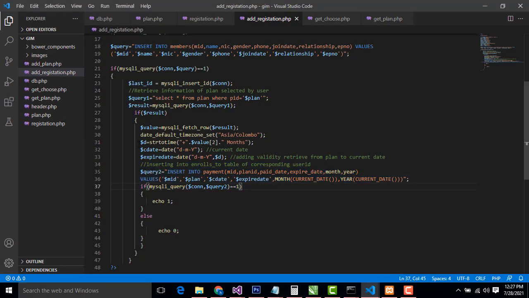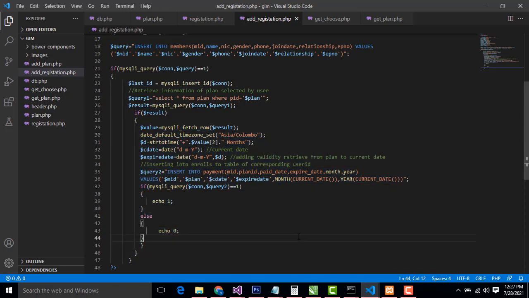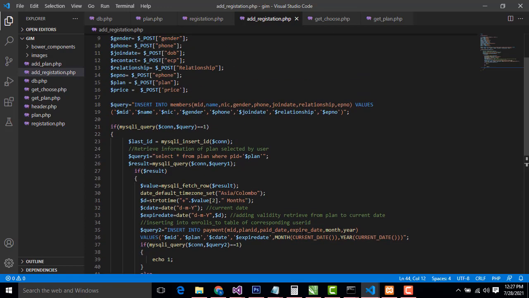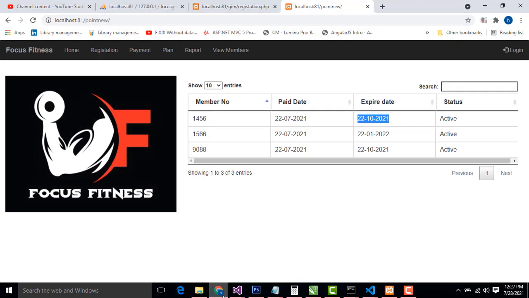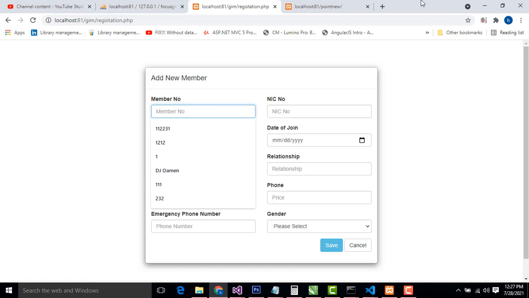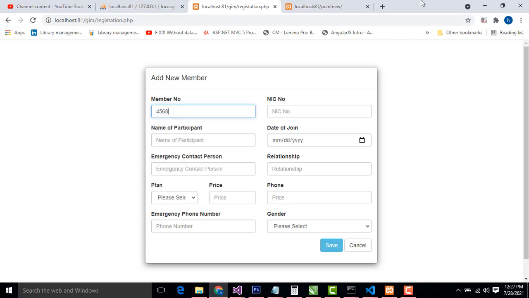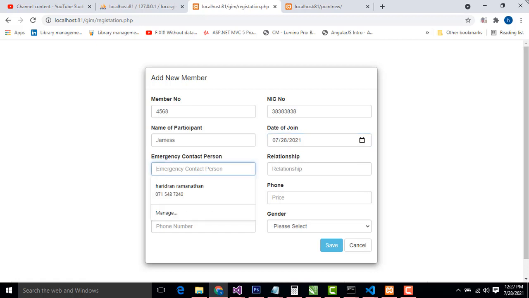So that's how I did the programming. This is the simple calculation part we did, right? Let me see whether it's working fine or not. Let's save all. Go to the registration form. Press enter key, member number, something like that. Participant name, James. Date of join, today's date, emergency contact person, and